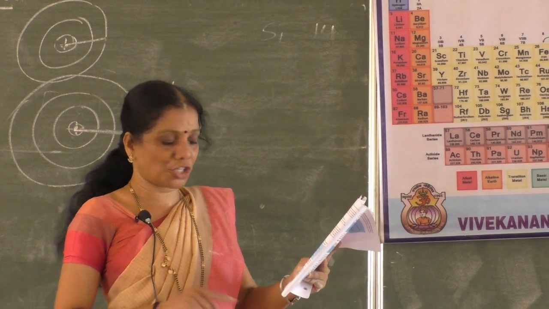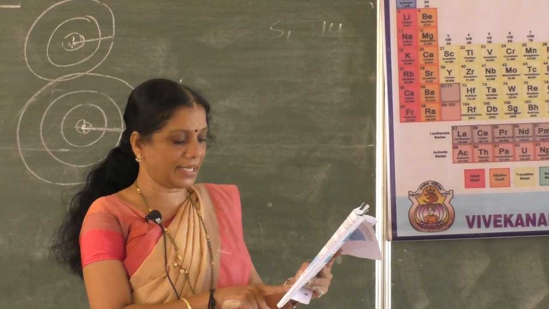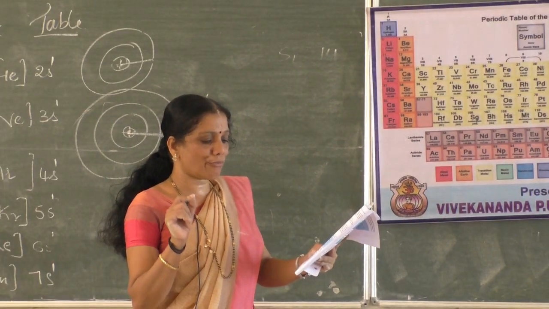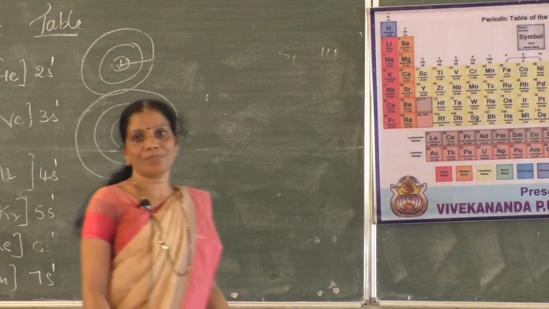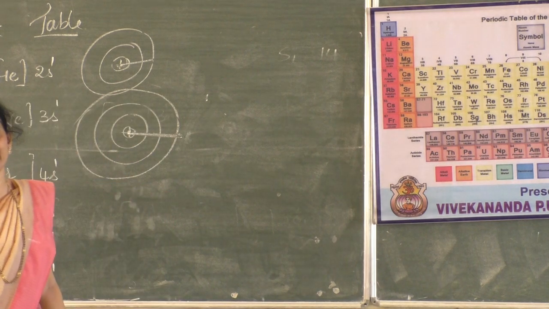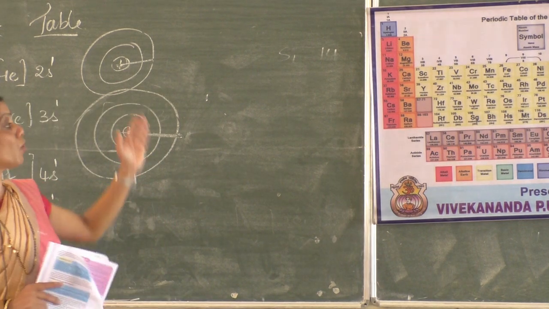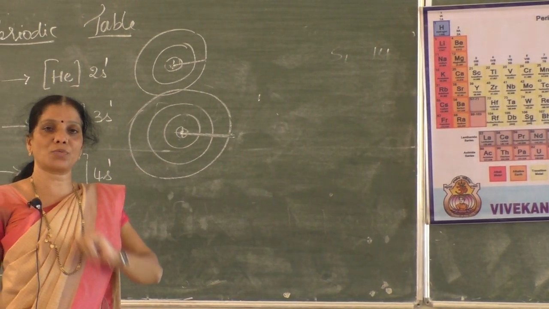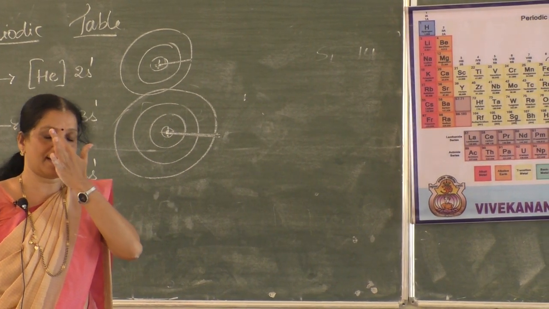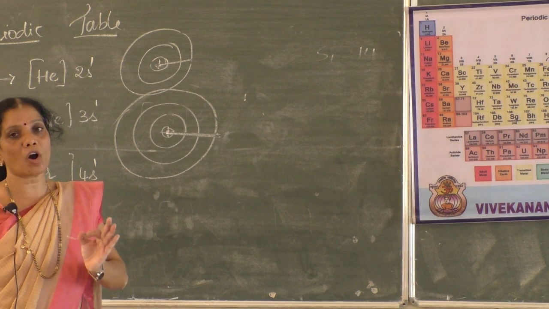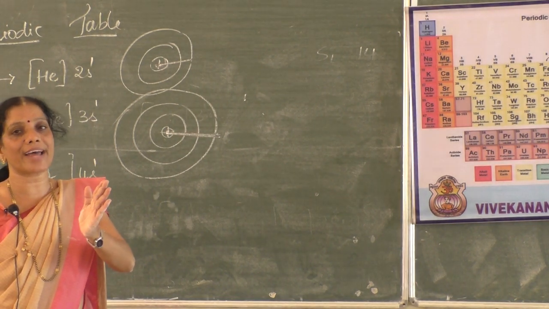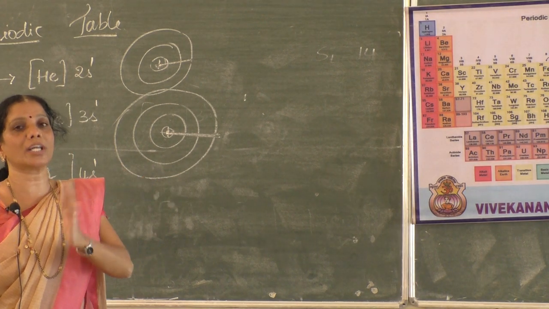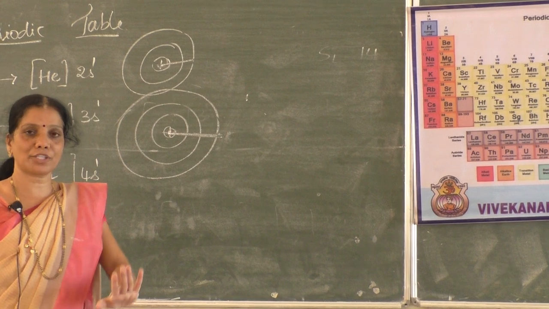Now, the last question they have asked in the activity 5.7 is, how does the atomic radius change as you go from left to right in a period? We know the answer, isn't it? How does it vary? As we go from left to right in a period, atomic radii always what happens? Decreases. What is the reason? Because nuclear force of attraction increases. Therefore, radius goes on decreasing. Understood now this?